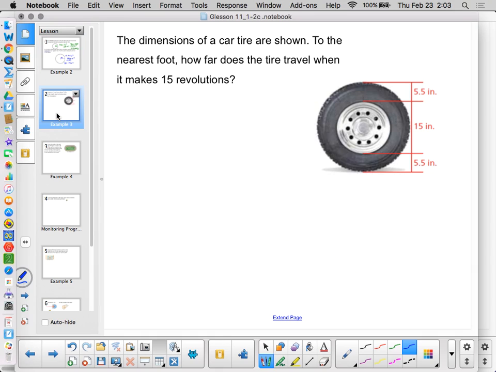Another application, obviously, is finding circumference of things. And here's a tire. It's saying this tire has these dimensions. It's got a 15-inch rim, and the tire itself is 5.5 inches wide when properly inflated. How far does the tire travel when it makes 15 revolutions? So we first need to find the radius of the tire, or the diameter of the tire in this case, because it wants to know the distance around the outside of the tire. Remember, 1 revolution of the tire means that this point here goes all the way around the tire and comes back down as it rolls. Okay, that's 1 revolution of the tire. So we're looking for the circumference